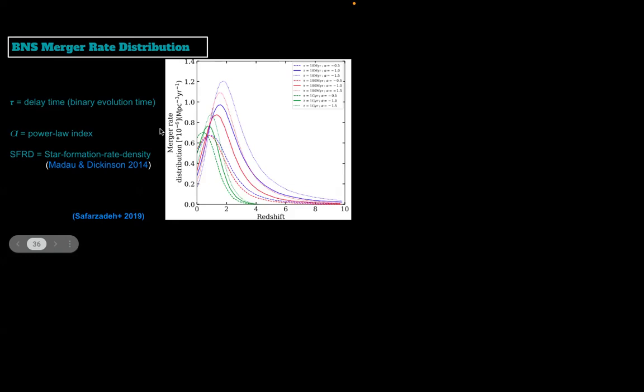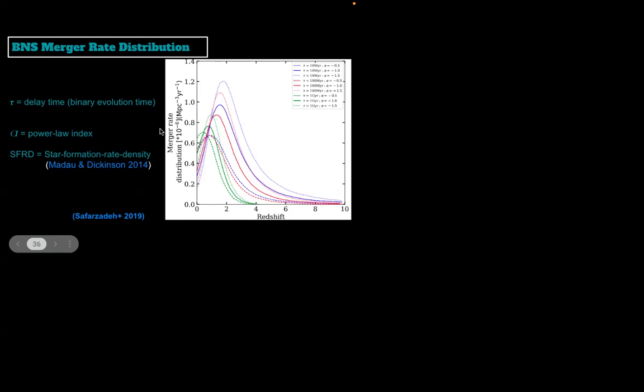Yeah, that was my point, that from the global star formation, because Madau and Dickinson, this is the global star formation rate. So from that, how do you infer how many neutron star binaries are likely? So that distribution, there must be some more modeling involved. Yeah, I don't know, maybe stellar population is involved. Okay, I'll check that. I'm not very sure currently about that part of the modeling.